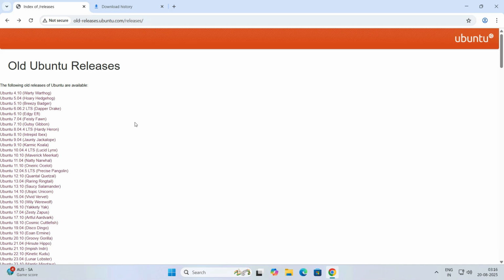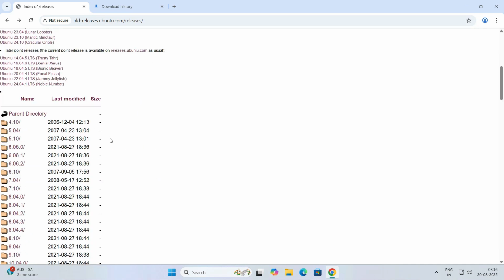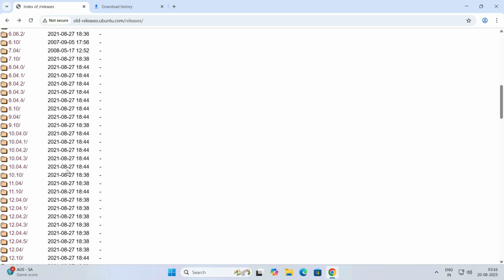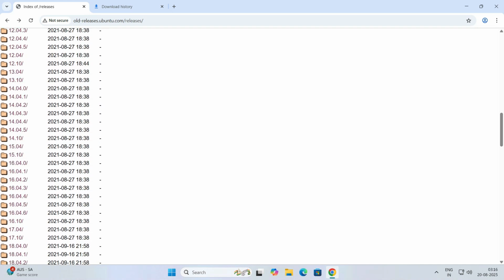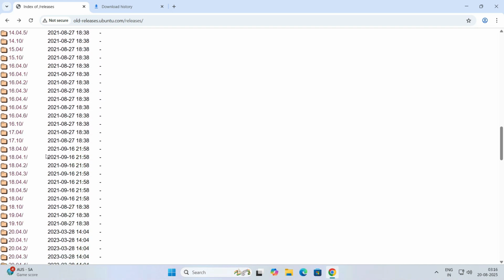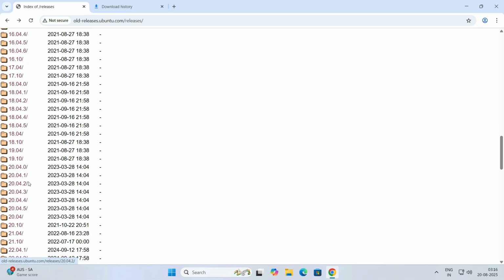oldreleases.ubuntu.com/releases. Okay, so slide down a little bit and you can see there are many versions here, and we have to select our 18.04. Okay, you can see there are many 18.04 versions, so you can see the last one. Okay, last one, this one. Okay, 18.04.5. Okay, so this is the last update we have. Okay, so click on it, 18.04.5, and